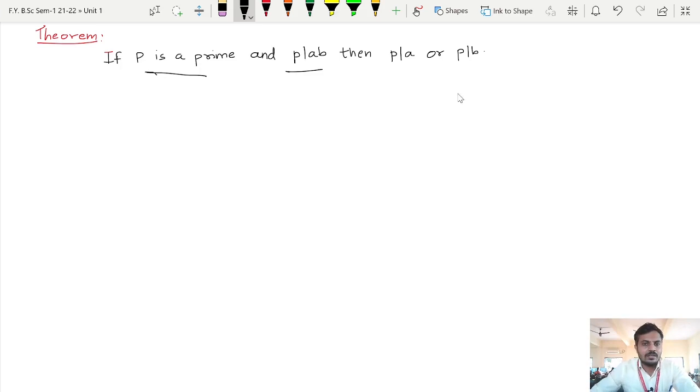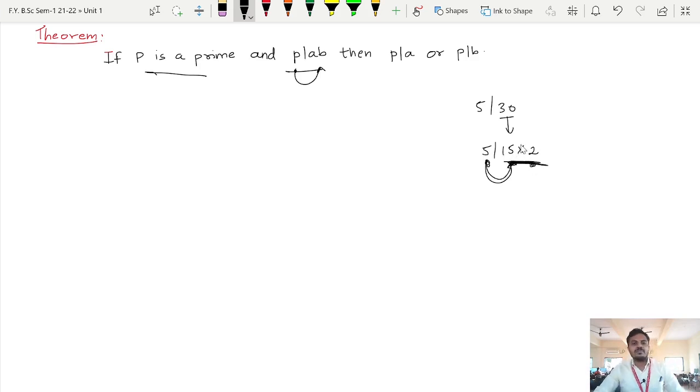Let me just explain it with the help of one example. As we know that 5 is dividing 30, so how can we write 30? 30 can be factorized as 15 multiplied by 2, and you can observe that 5 is dividing 15, right? So this is the magic of this result. If we have a prime number P, and if P is dividing some number, and if that number can be factorized further as a product of two factors, then we are pretty sure that that prime number P is going to divide at least one of the factors that appear here.